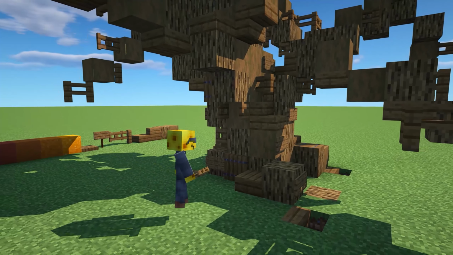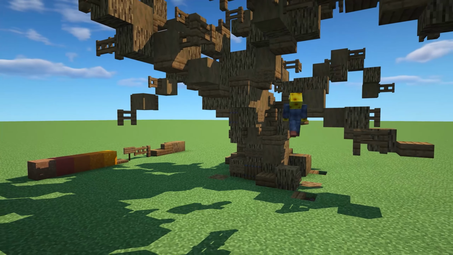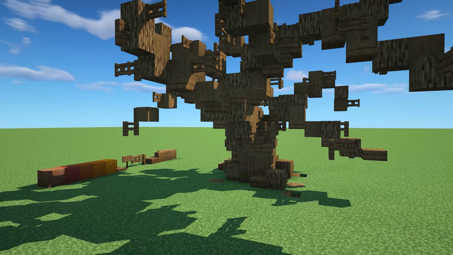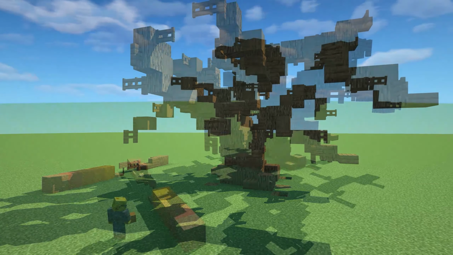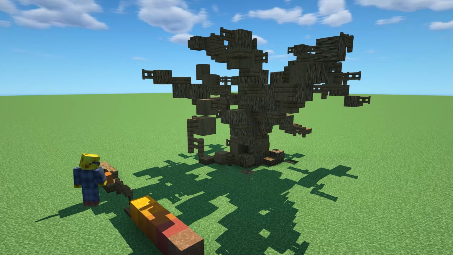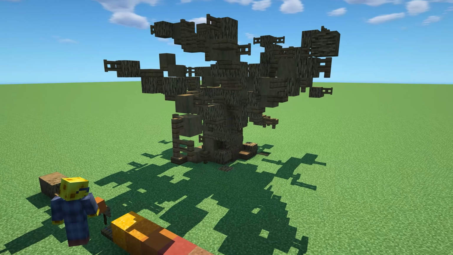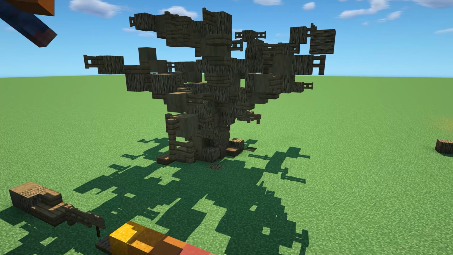Now that the trunk and branches are all in place, it's time to place in the leaves. But if you want to, you can just stop right here. You can add some cobwebs, you can add some hanging jack-o'-lanterns, and you've got yourself a pretty decent dead Halloween tree. For the leaves themselves, I'm going to use brown concrete powder, orange concrete powder, red sand, and orange and